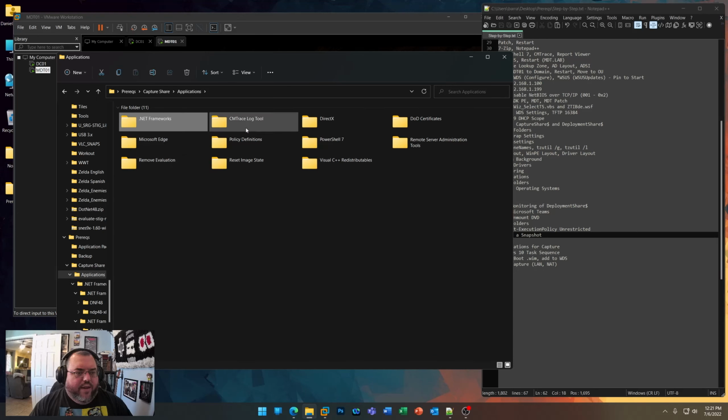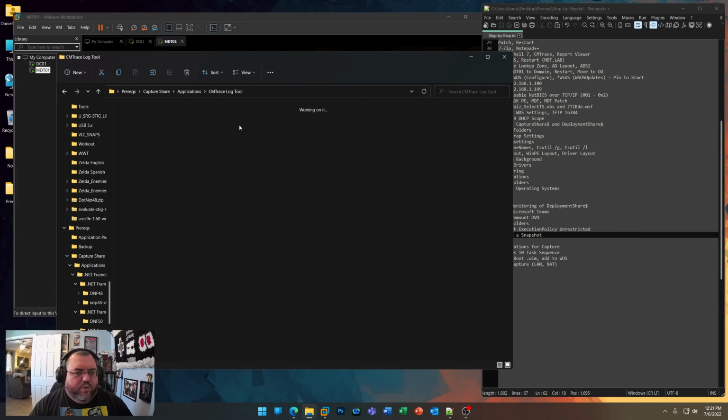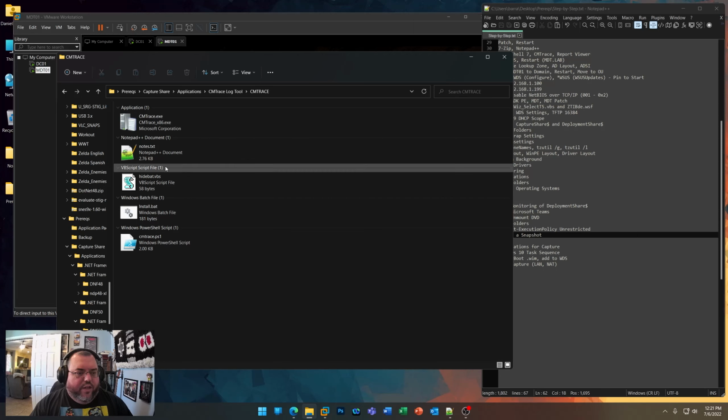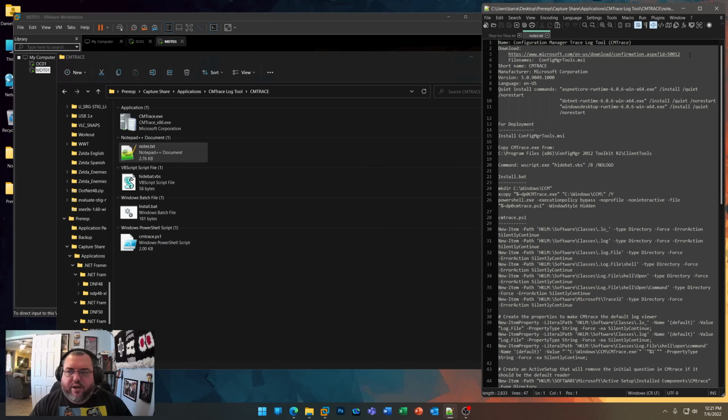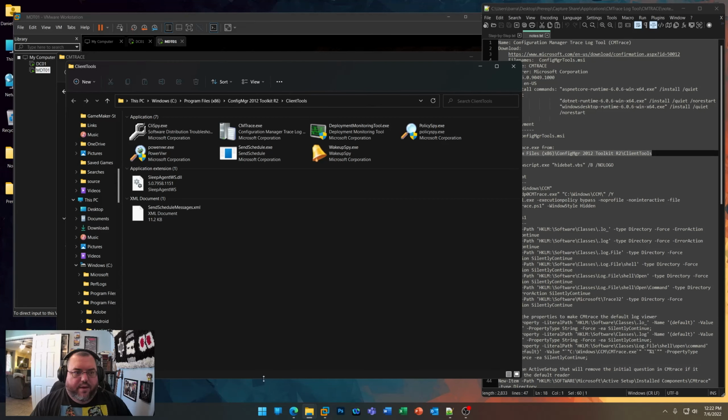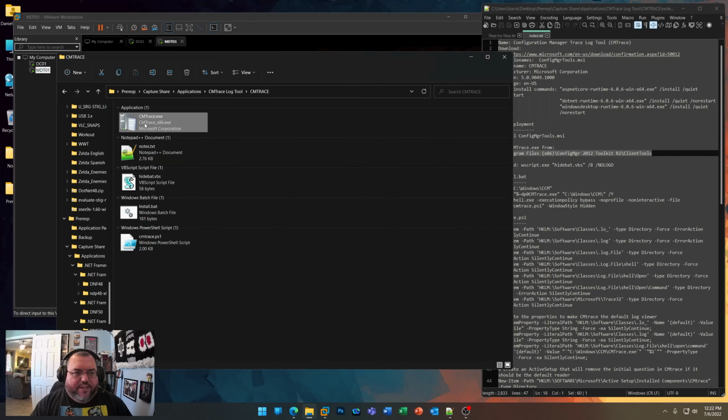Applications. So there's our .NET frameworks. CM Trace tool. Remember, we did this in our last video so that we could use CM Trace in our deployment share. And we did that with the config manager tools. And remember, it installed it to this folder. So I'm going to open up that folder. Right? I'm going to grab that CM Trace file. I'm going to place it in this folder. And then in our install bat,